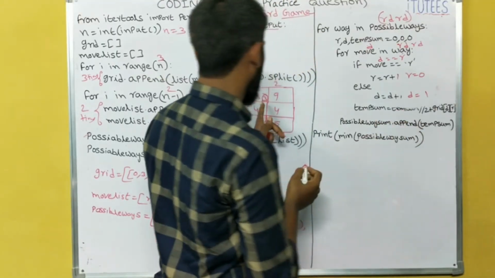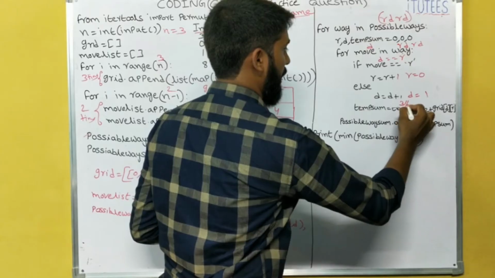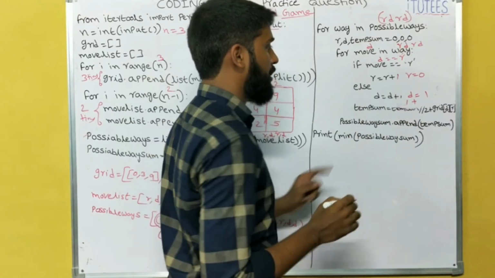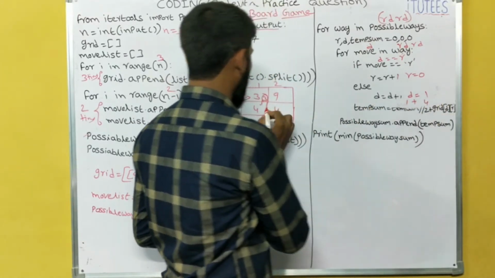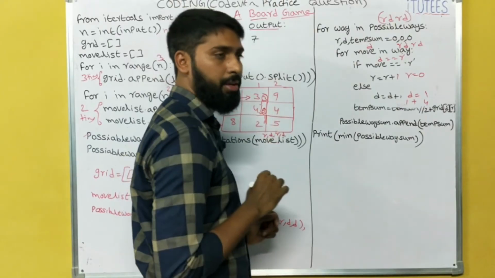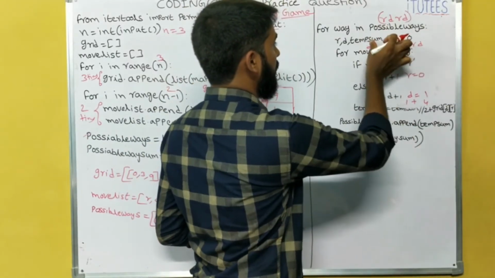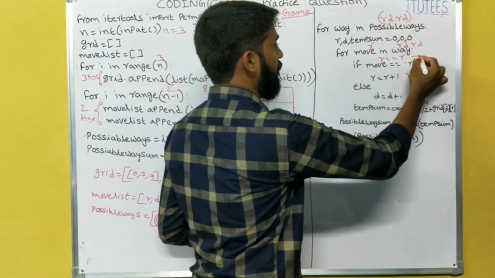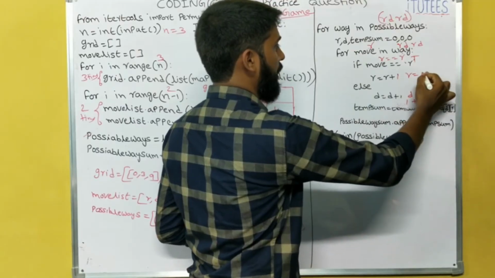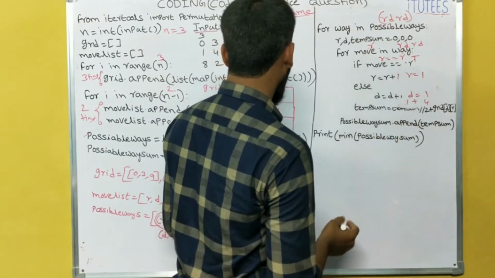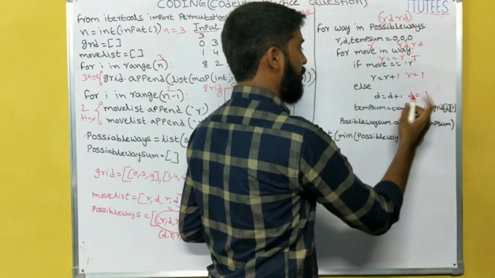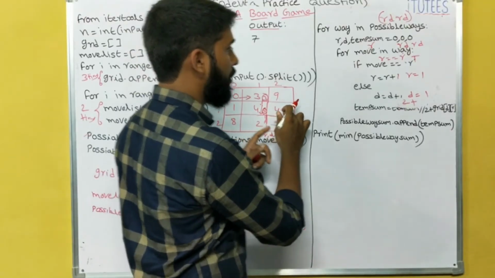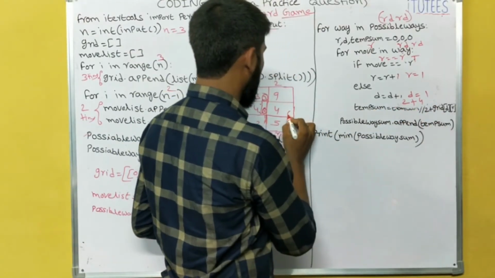For the temporary sum, what is the previous value? 3 by 2 returns 1, plus the grid value 4. 1 plus 4 means 5. The temporary value is 5 here. Next move is R. R equals R is true, so enter into this and increment R. The previous value is 5 by 2, which is 2, plus the grid value 4. 2 plus 4 means 6.